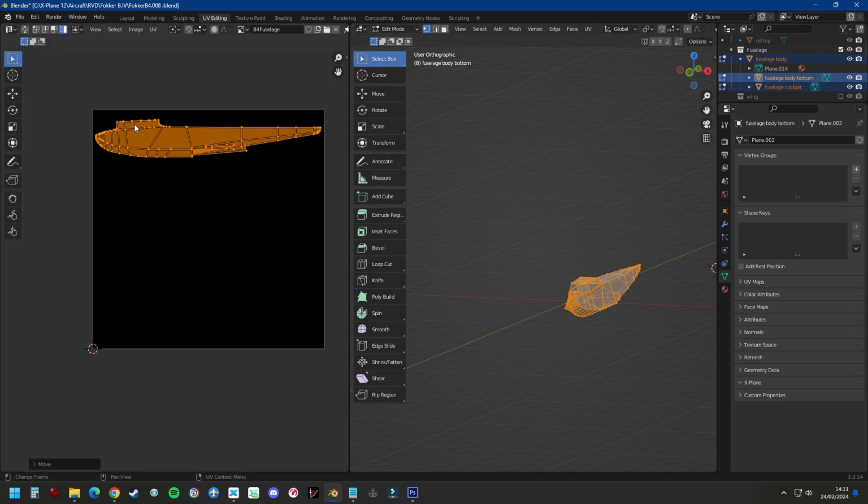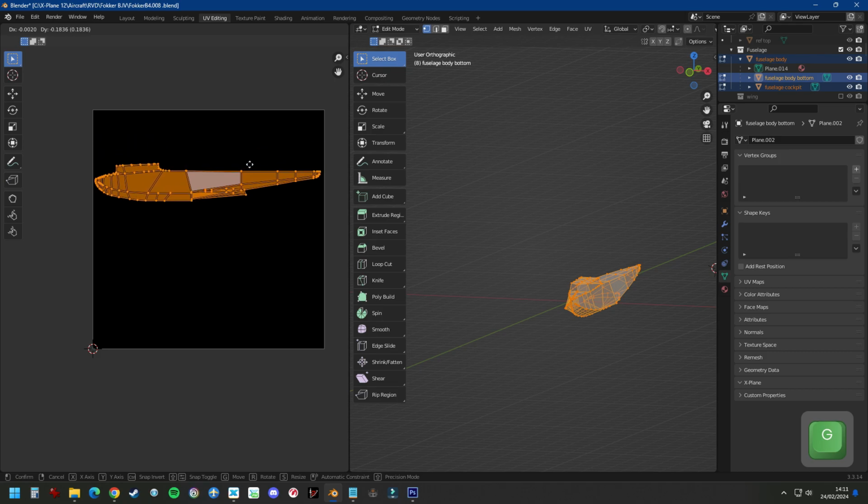We can also select maybe one side. By the way, I'm now in island selection mode. You can here choose select vertices, which you don't want. You can do lines, which you don't want. You can do planes, which you might want, but maybe not. And you can do island modes, which is the most useful here. So we select fuselage, cockpit, underbody, grab,